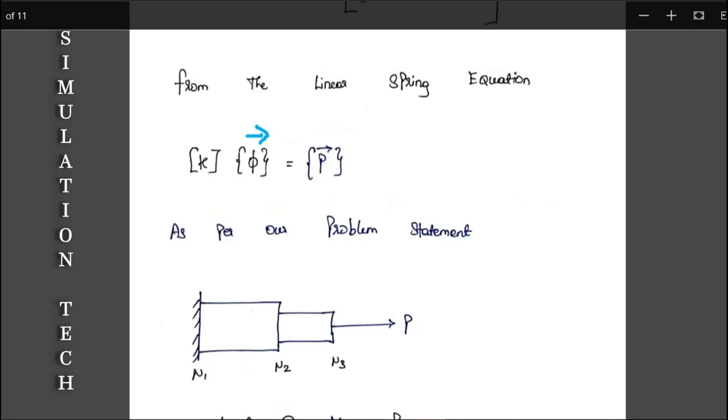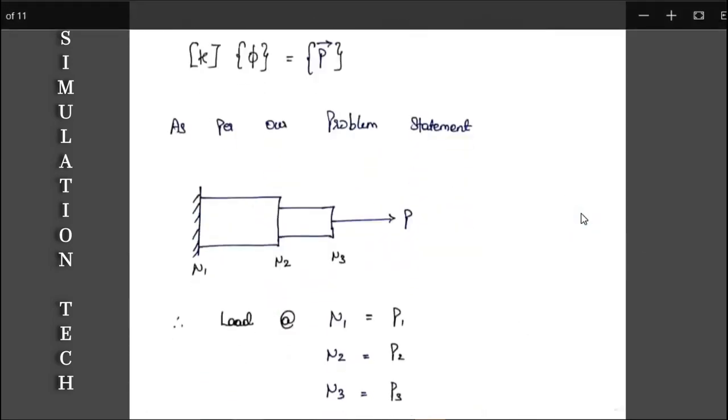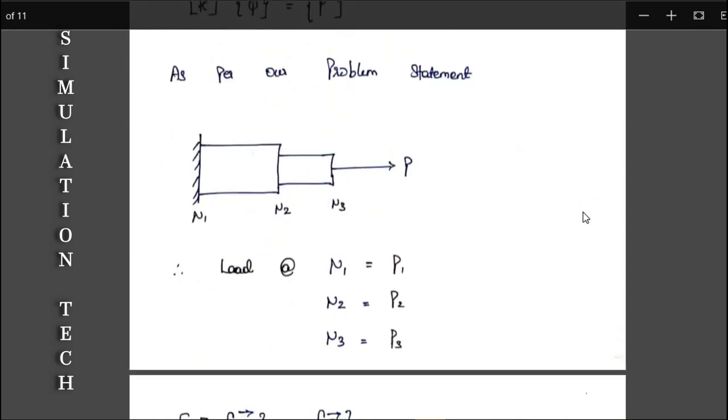And as per our problem statement, again I have written this. N1, N2, N3 are the nodal positions. How is the load distributed? Here it is actually a fixed support, so this node is completely locked. This N1 is completely locked due to the fixed support. Fixed support means all the degrees of freedom, so DOF, all 6 degrees of freedom will be locked. So there is no translation along x, y or z, or rotation about the x axis, y axis and z axis. That is not possible over here, right?